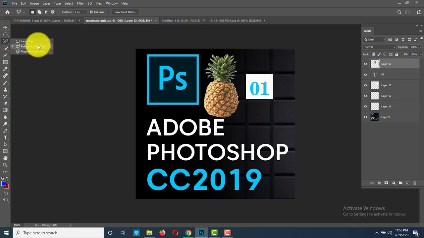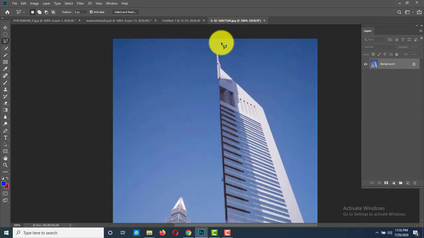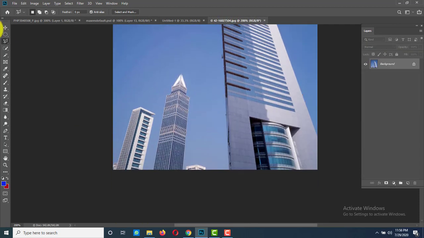Now next go for polygon lasso tool. Polygon lasso tool is designed to draw straight edged segments of a selection border. Click on each corner until you click on the first corner again to complete the selection. For this, open a straight line edged image and select your polygon lasso tool.